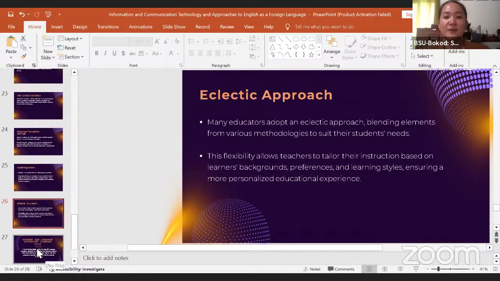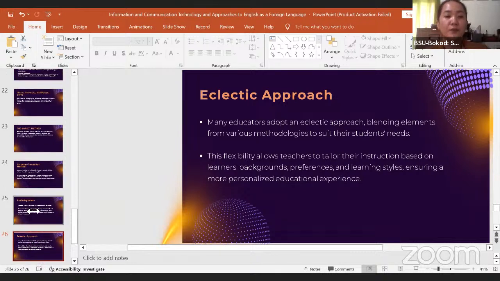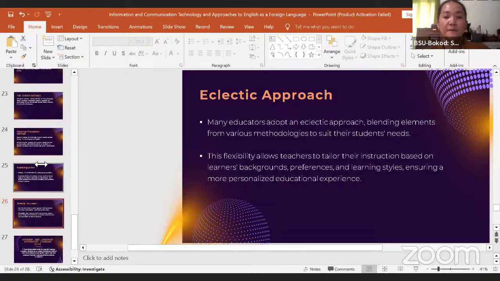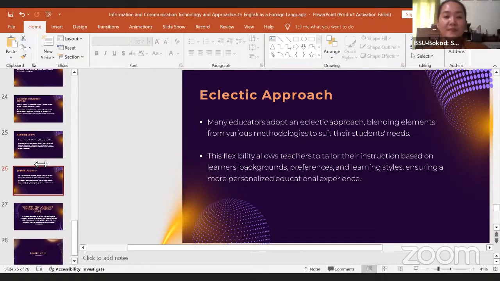So it's the eclectic approach, because it allows flexibility for teachers to tailor their instruction based on the background of the learners, the preferences, the learning styles, and for a more personalized educational experience. So that's the eclectic approach. And you can do all of these blends in one semester, perhaps, of your teaching.